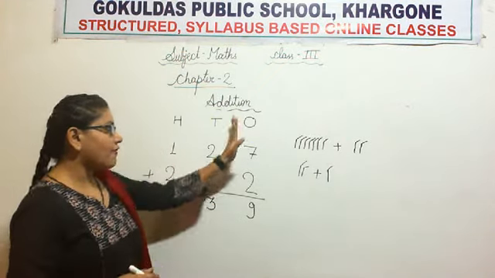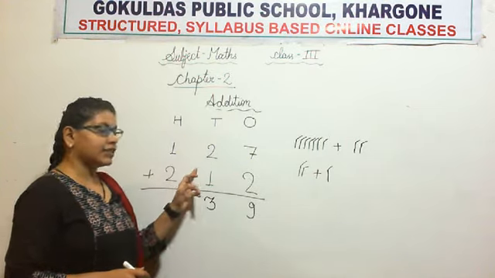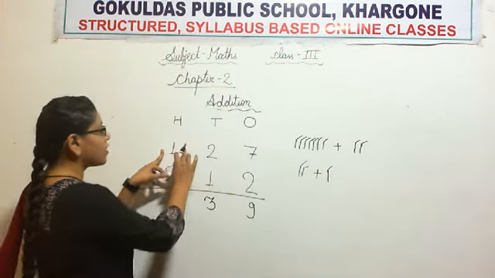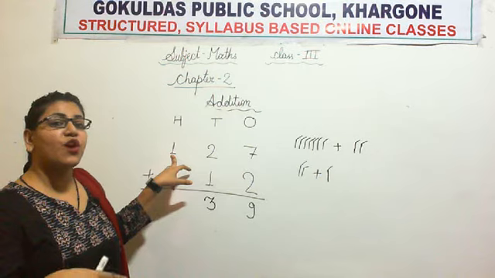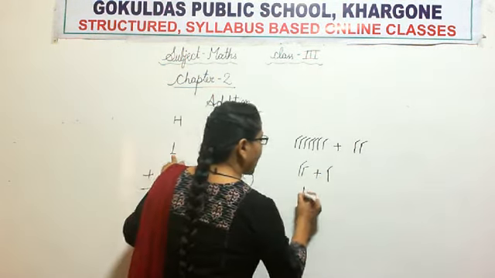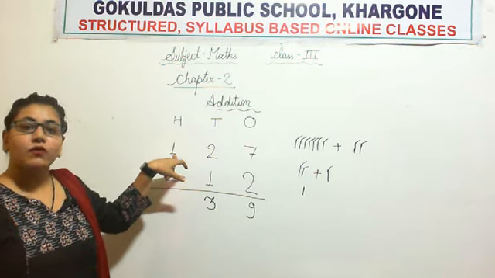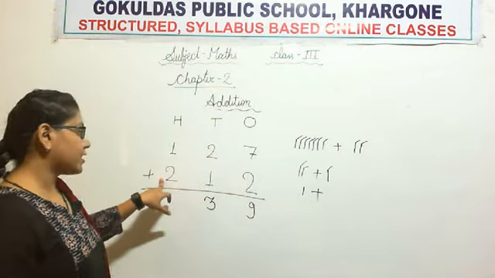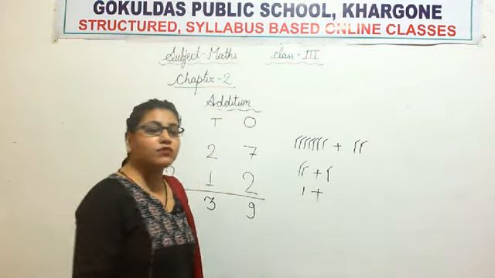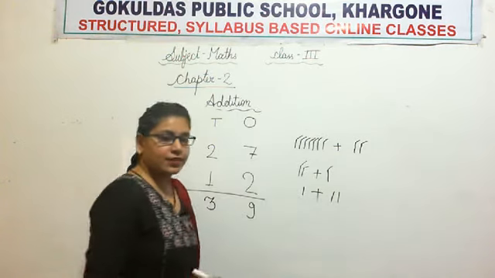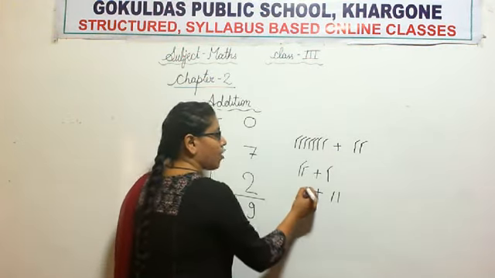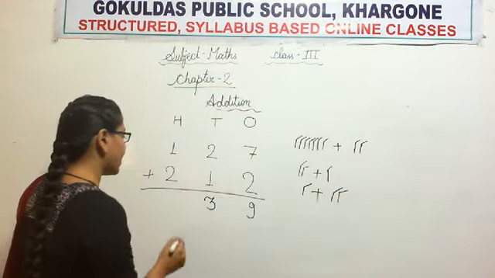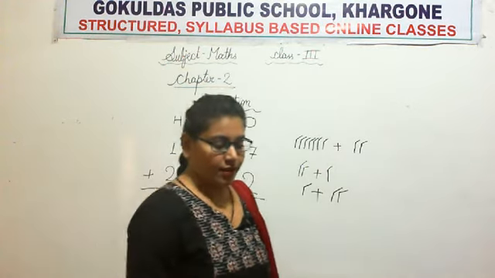Now we have added ones in ones, and tens in tens. Now we will add hundreds in hundreds. So what is written here? 1. So we will draw 1 stick. Now we will do addition, so the sign we will put here is plus. Now the next number is 2, so we will draw 2 sticks. Okay, so let's count how many sticks in all. 1, 2, 3. So we will write 3.